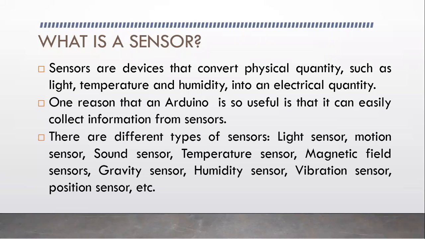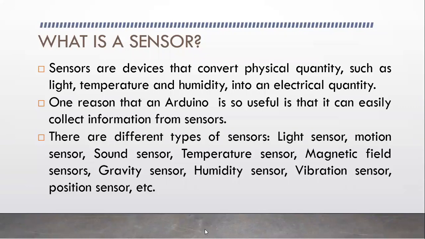Here temperature is a physical quantity, right? That physical quantity is acting on the thermistor, which is nothing but the temperature sensor. Whenever the environment temperature changes, the resistance value of the thermistor automatically changes. So when you give the input power supply, your output would vary based upon that. This is exactly what happens at the back end, guys.